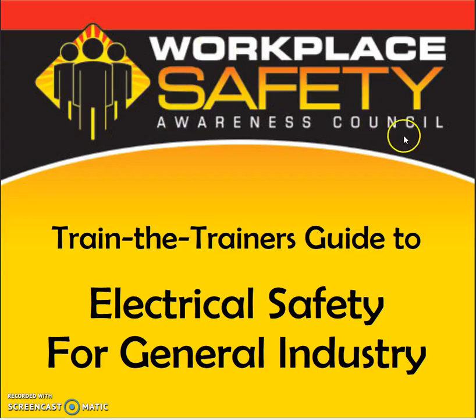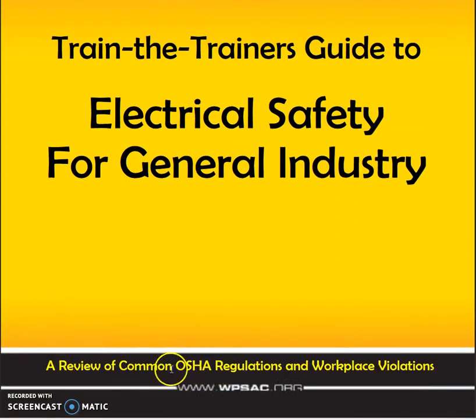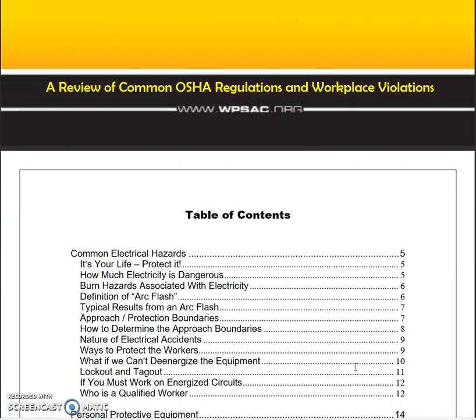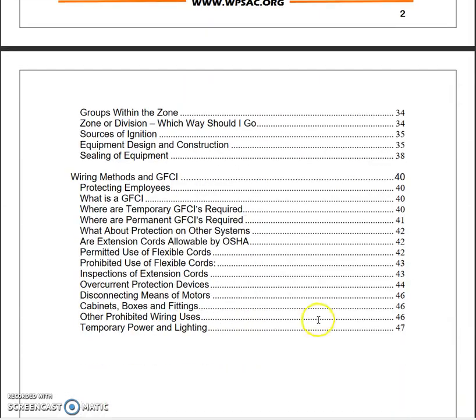The Workplace Safety Awareness Council has put together a trainer's guide to electrical safety, and basically it's looking at OSHA regulations and some workplace violations that we can avoid. I'm going to go through this. I'll also give you the link because it's a really large document, but let me give you some of the